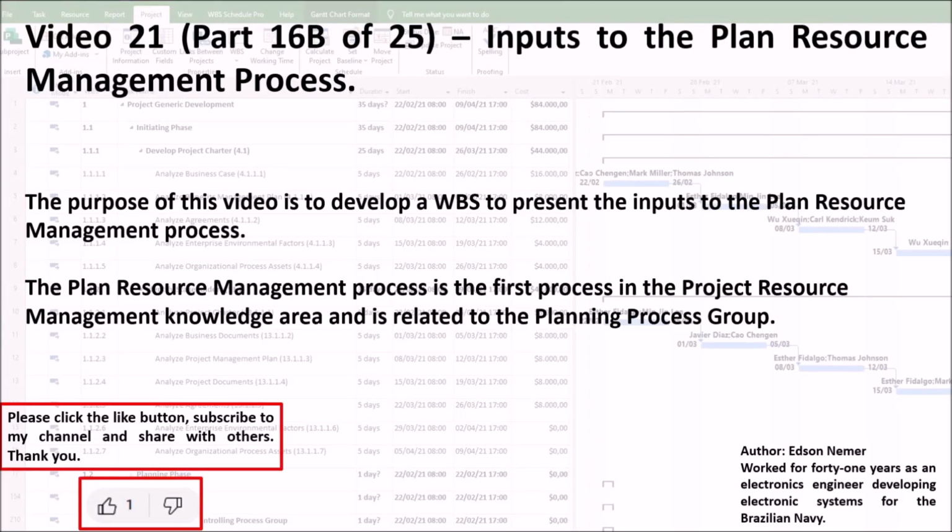Video 21, Part 16b of 25, Inputs to the Plan Resource Management Process. The purpose of this video is to develop a WBS to present the inputs to the Plan Resource Management Process. The Plan Resource Management Process is the first process in the Project Resource Management knowledge area and is related to